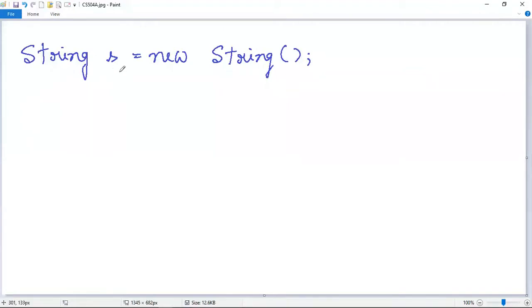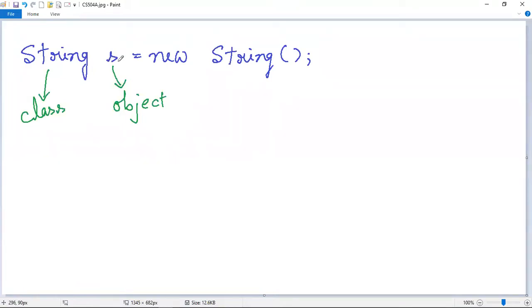Suppose we are writing like this, where this S is an object of the String class. So this one is the object and this String is the class. Instantiation of this class means that you are creating an object of this class, and this object refers to the strings that the users can manipulate. But the concept is that whenever you create a String class object, in this case S, you cannot change its contents.